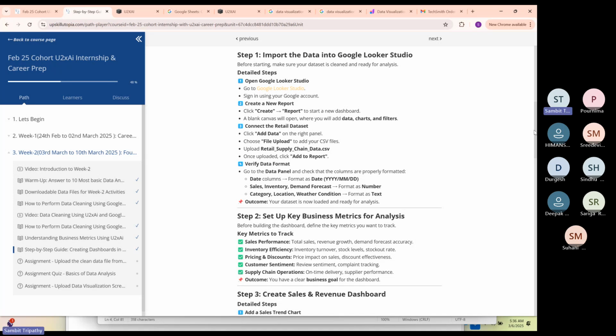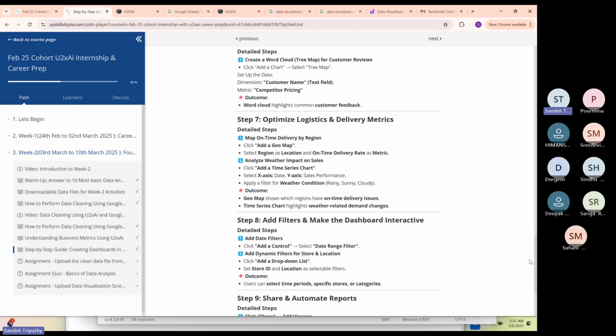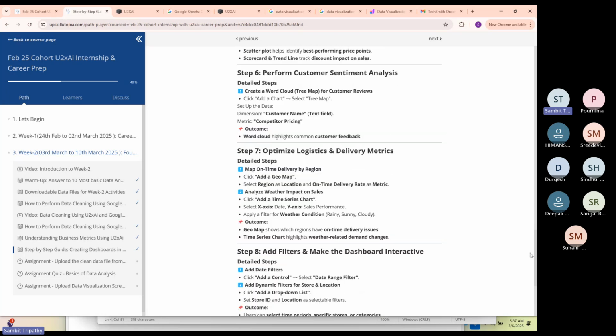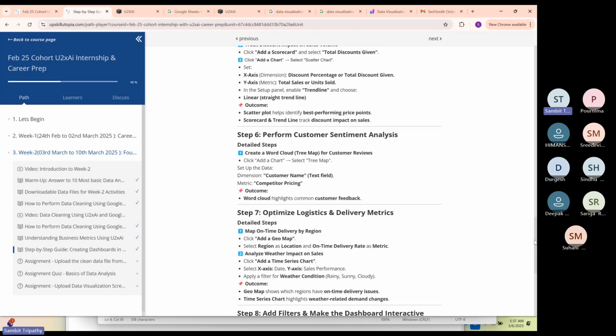But what we want you to do, you definitely need to give it a try by yourself. That is how you will be ready to solve any problem, whatever comes on your way. Now there are step 1, step 2, step 3, everything is here. I'm expecting you to go and start working with this one, but this workshop is about giving you a jump start on what this is really about, and if you need some additional help, this demonstration is also going to be helpful.